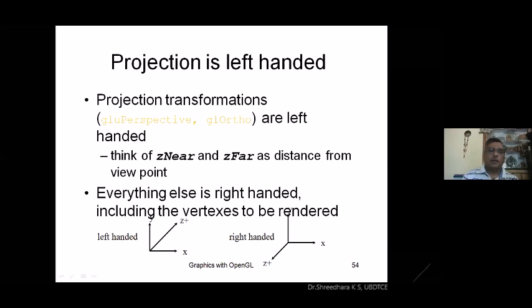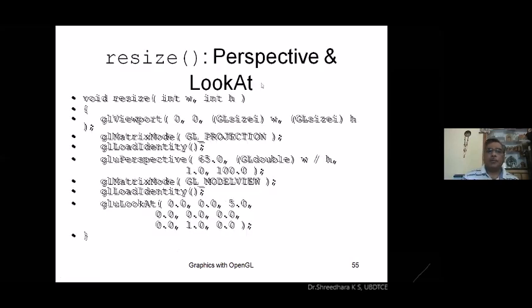I think this reshape, perspective and lookat function, when it is used here, if you observe gluPerspective, the angle, the aspect ratio, near and far, the 4 parameters are used here. For all the other gluLookAt, we use 9 parameters. So these 2 APIs help you to visualize the view of your OpenGL program.